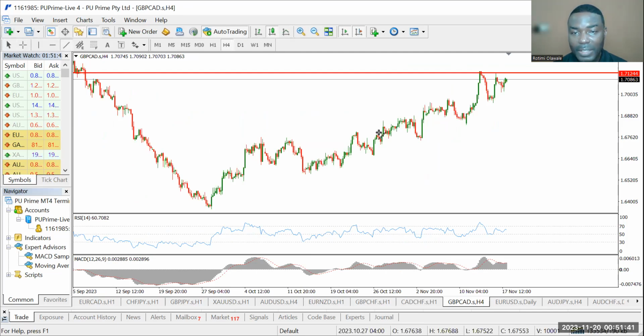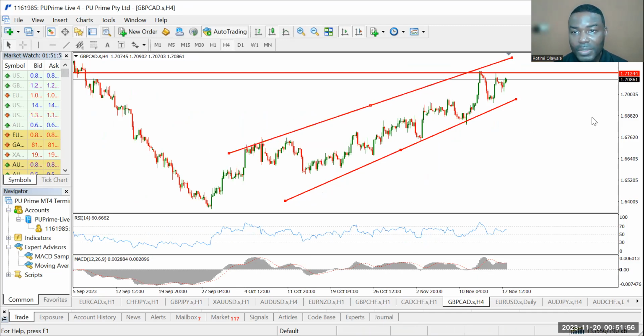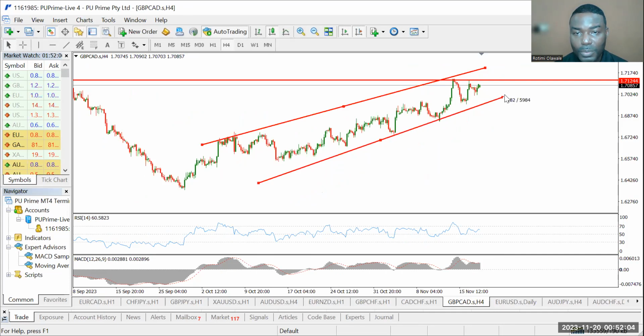We have price very close to the monthly resistance, and we equally have a trend line here, and we have a second trend line right here. So this gives us a very valid rising wedge. So here we're actually looking out for a bearish breakout of price. So I'm bearish bias also on